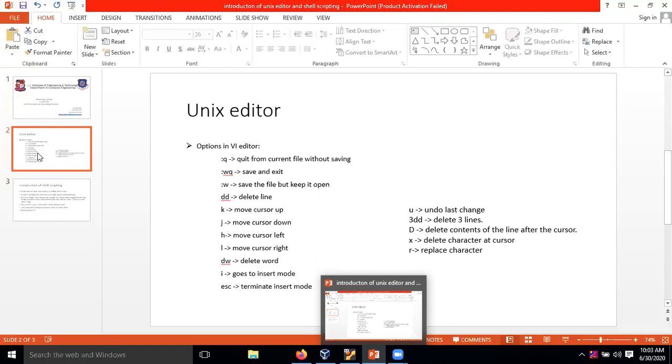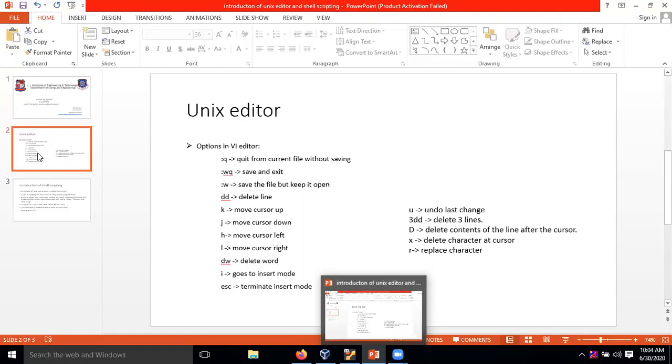One is ed, then second one is ex, third one is vi, fourth one is vim, fifth one is gedit, etc. Okay, but out of those Unix editors, we are going to discuss vi editor in detail.